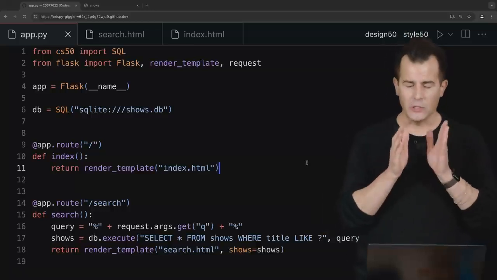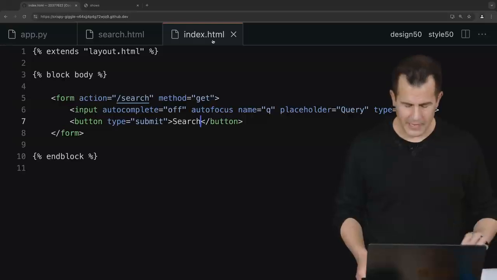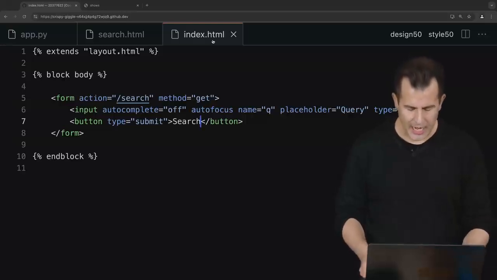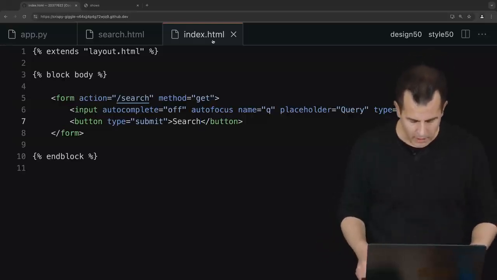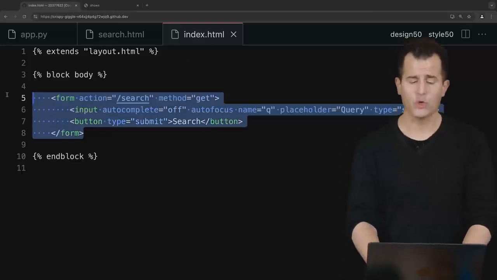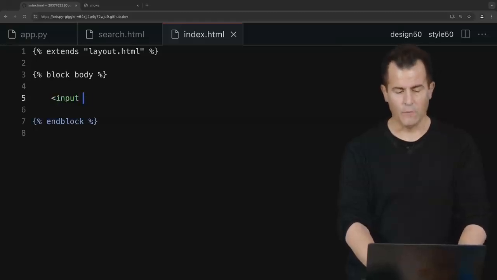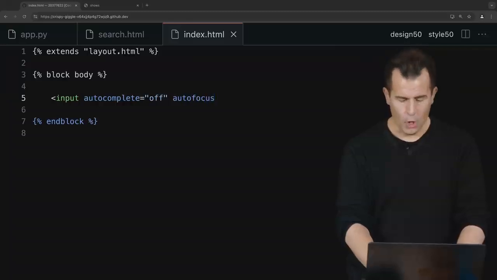Let's instead do a little more client side. So I'm going to go into index.html here, and inside of this template, I'm going to change the way this form here is implemented, and I'm going to simplify it as follows. I'm going to get rid of all of this traditional form, and I'm just going to give myself inside of the block's body an input type for which autocomplete as before is off, which is auto-focused as before,